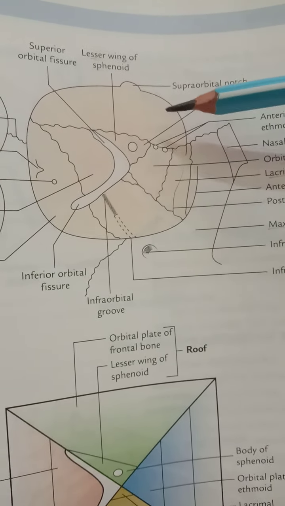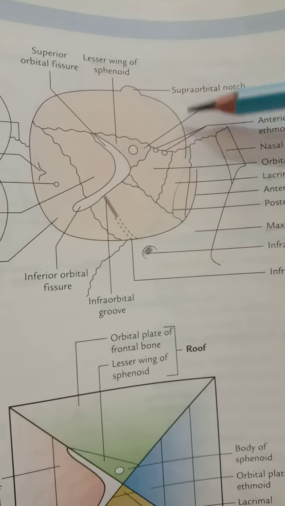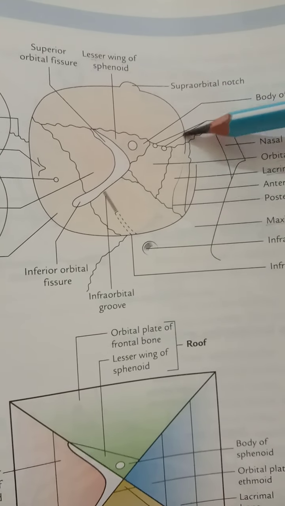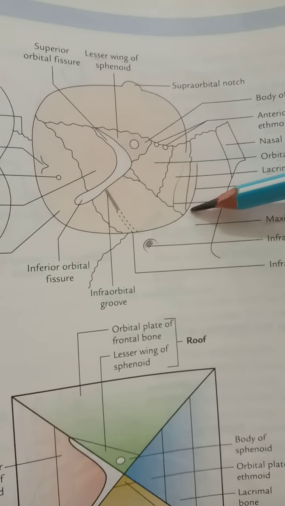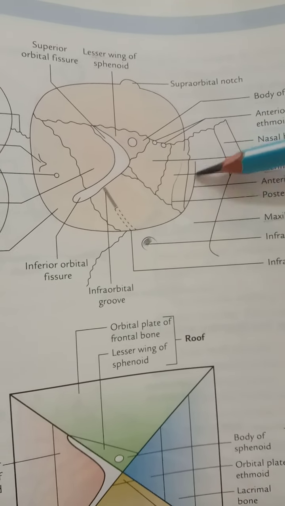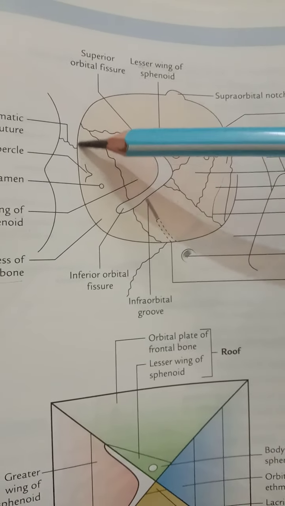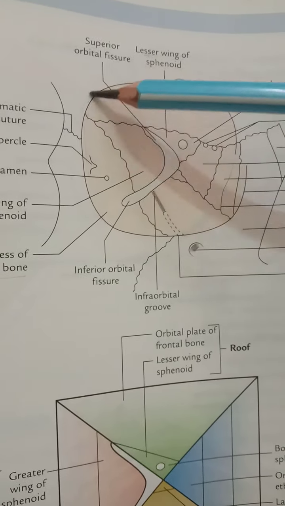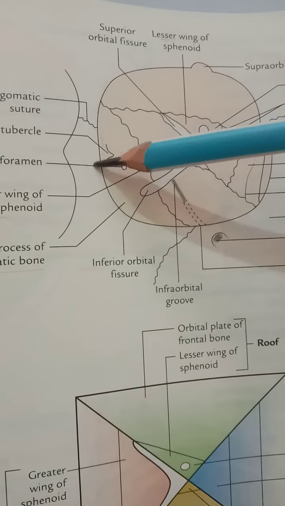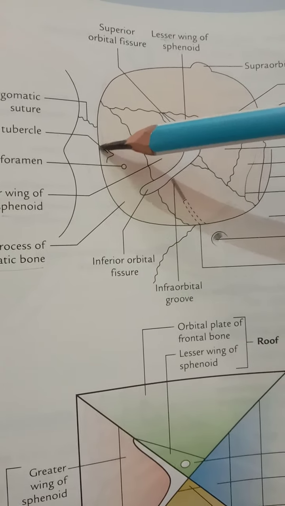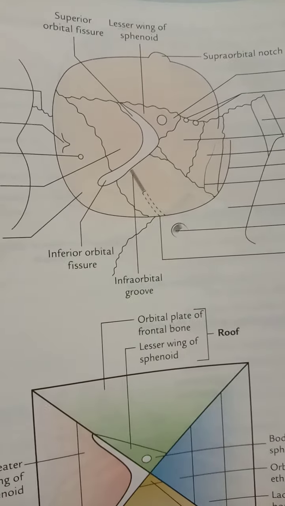Then the medial orbital margin, so this one. It is ill-defined and formed by the frontal bone above and the lacrimal crest below, that is called the lacrimal crest of the frontal process of the maxilla. Then the lateral margin, this one, is made superiorly by the frontal bone and inferiorly by the zygomatic bone. So those are the margins of the orbit.